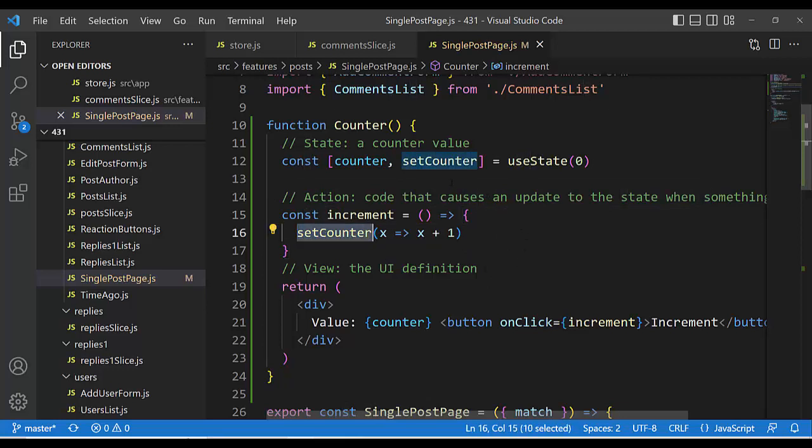We now know that this second variable is the function set counter. In JavaScript, a function is a variable and a variable is a function. Set counter